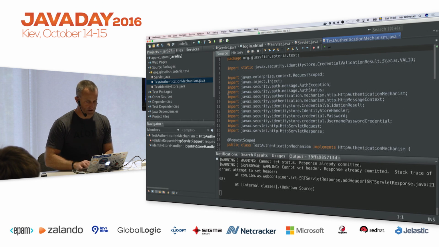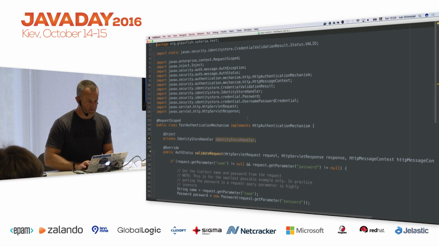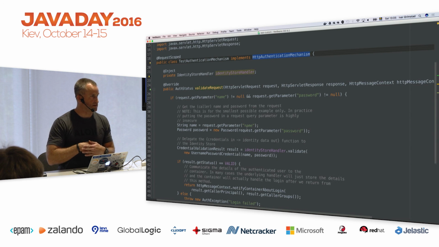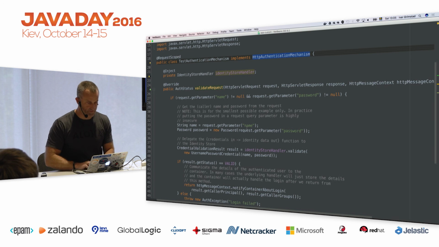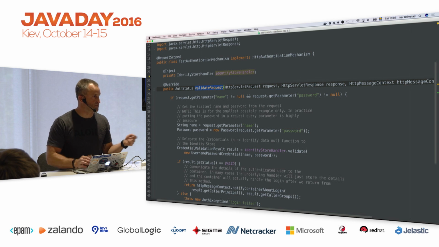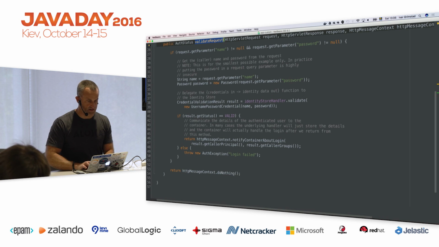But I've created a class here with my custom implementation of this HTTP authentication mechanism, and Soteria will discover that this one is on the class path and use CDI to inject it and use it, rather than the default one we were providing. So if you want to implement it yourself, you implement this HTTP authentication mechanism interface from the API, and here it just checks for the username password in the request and logs in